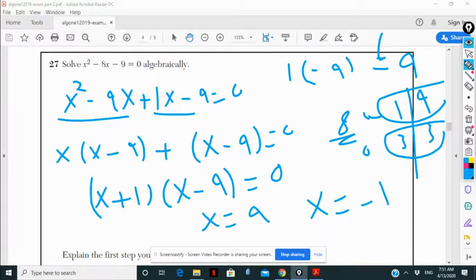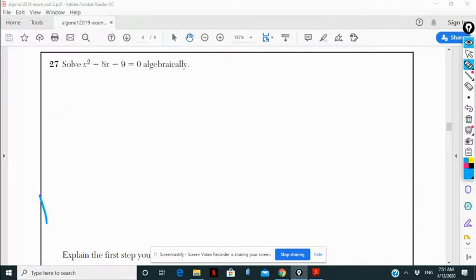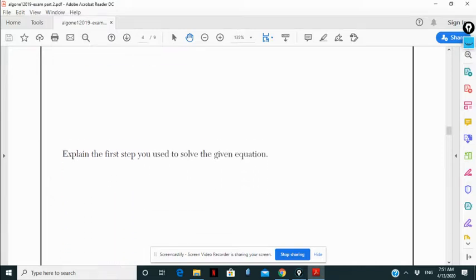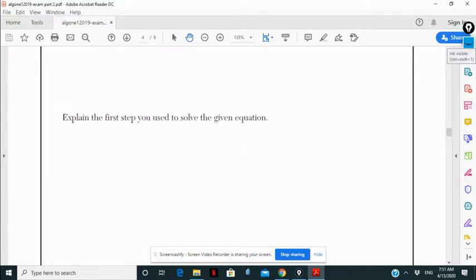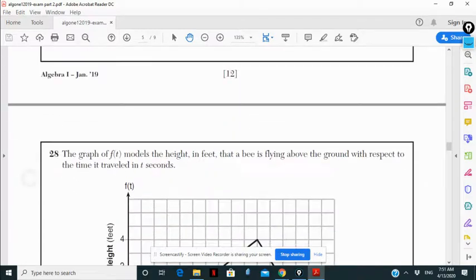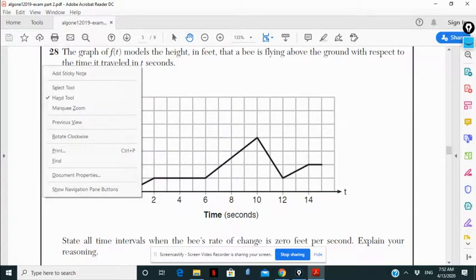Now, explain the first step, so I used factoring. If you use the quadratic equation, you use it according to the type of the problem. The graph below